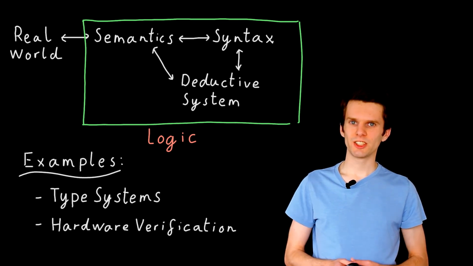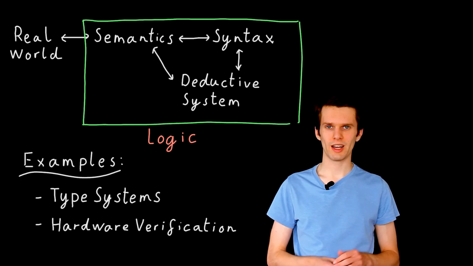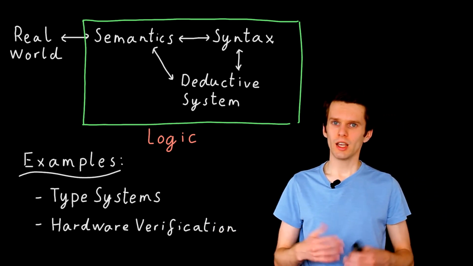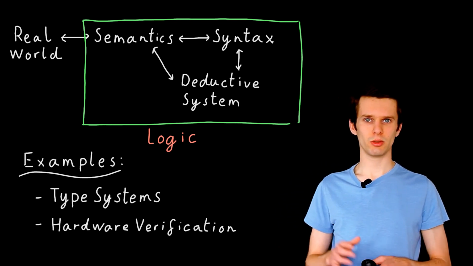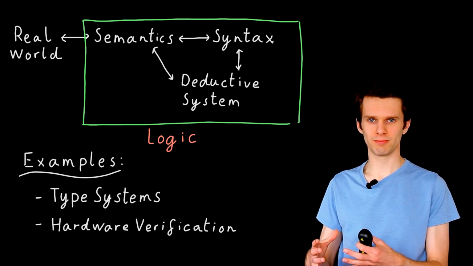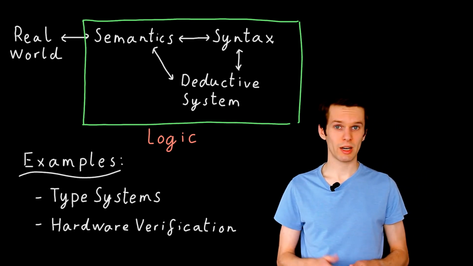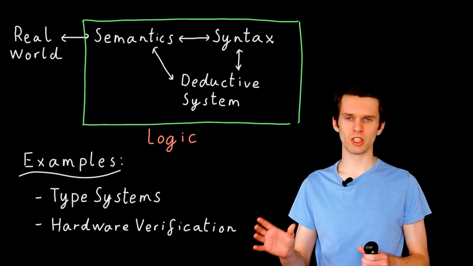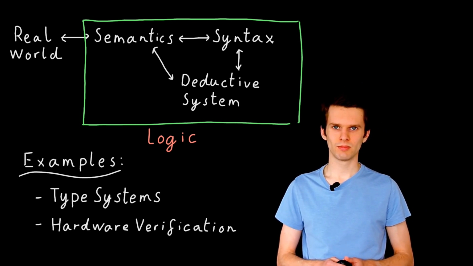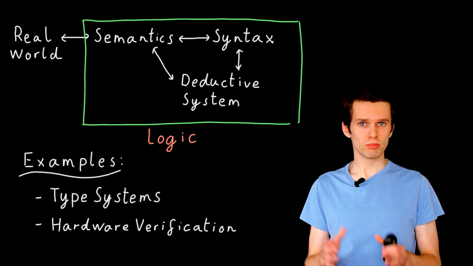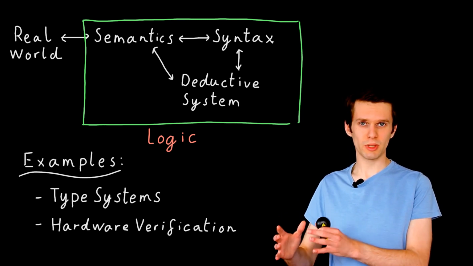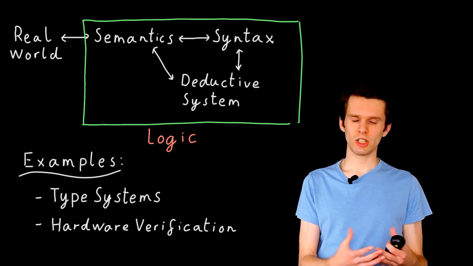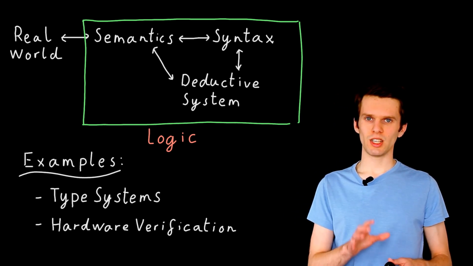The second example I'd like to give is from the field of hardware verification. So way back in 1994, Intel released a chip, and it was a chip which had a problem with it. This gave rise to what is now a relatively well-known bug called the FDiv bug, standing for floating point division. In certain circumstances, fairly edge case circumstances admittedly, the floating point algorithm in this chip released by Intel produced incorrect